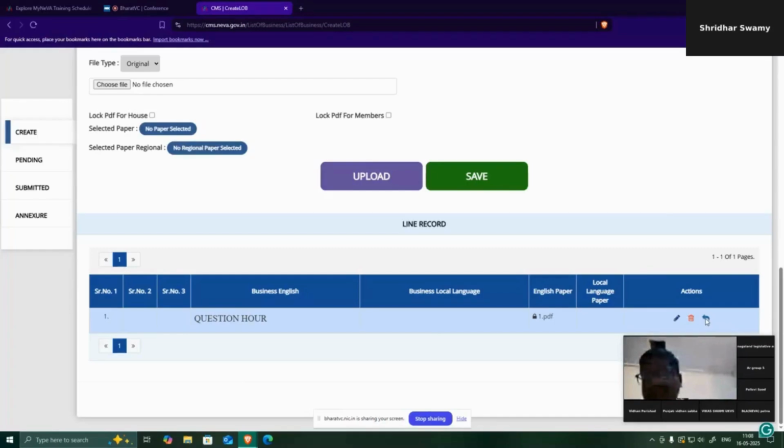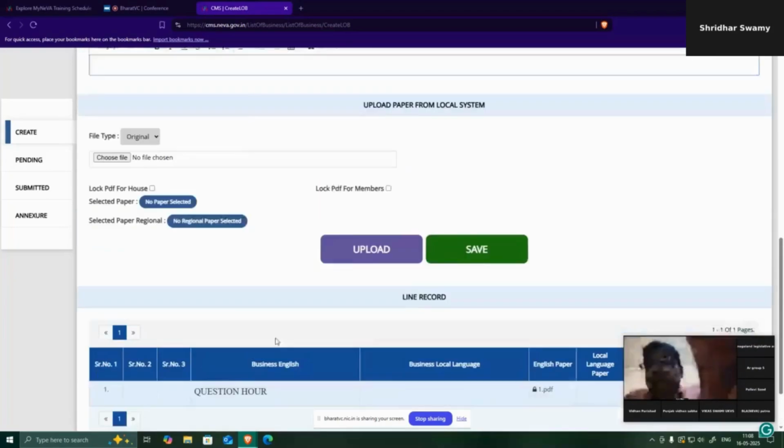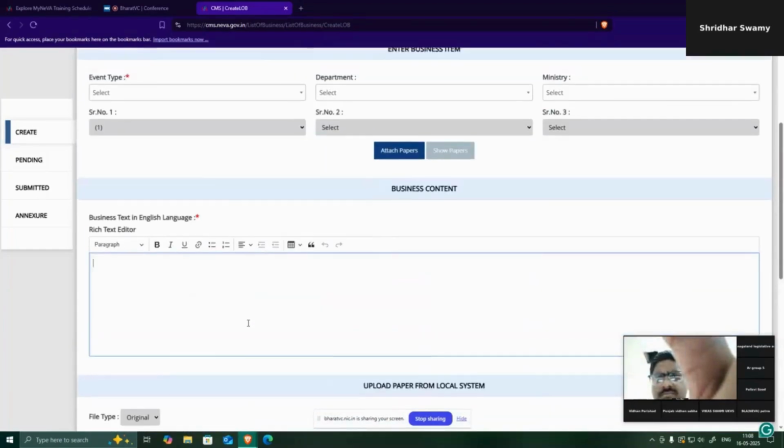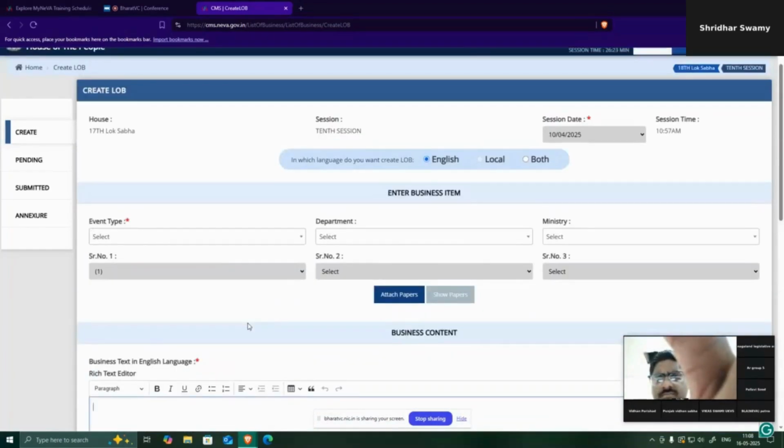And if he wants to add a line above a particular event, he can simply add a line above by clicking on this button. So as you can see, we have created one event, like questionnaire. Now suppose there is a sub event of the particular event, how can we add a sub event, or a sub event of the sub event? Similarly, suppose in the questionnaire there is a sub event and a sub event of a sub event, how can we